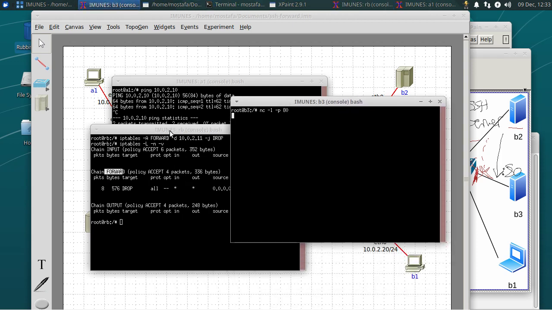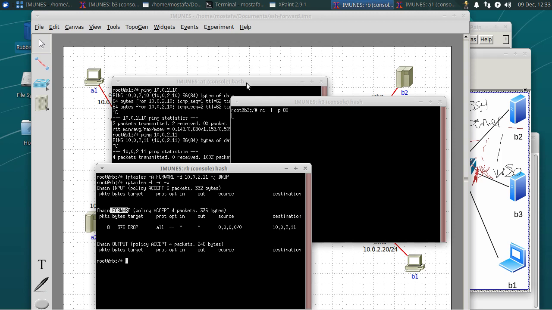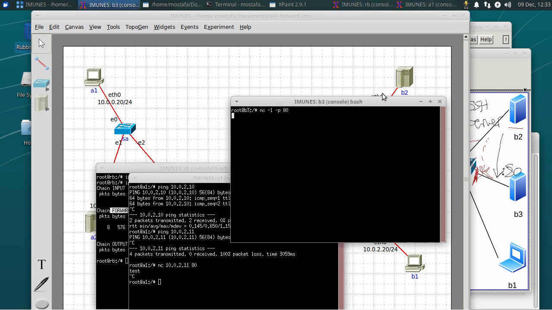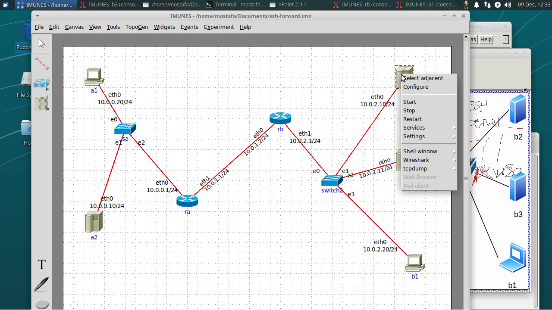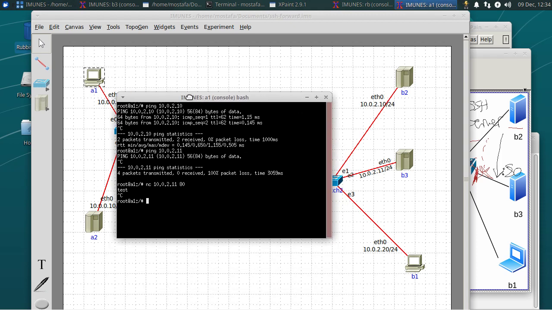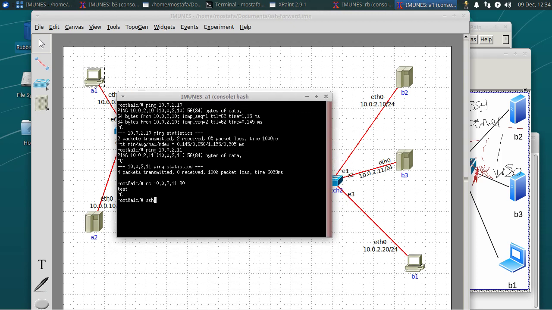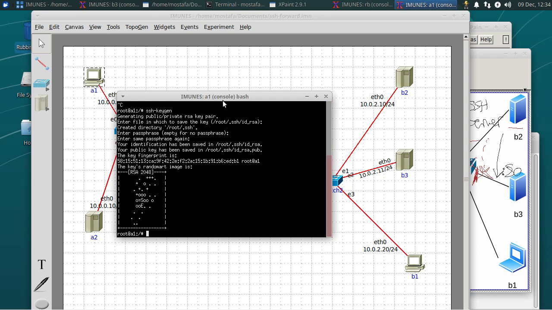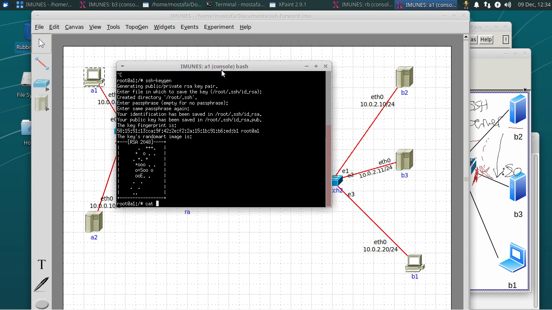Okay, now before I can establish an SSH connection, I need to first enable the SSH service on B2. So service ssh start, and then because no passwords have been configured, I need to generate an SSH key. So ssh-keygen. I just use the default values and without a password, and then I just